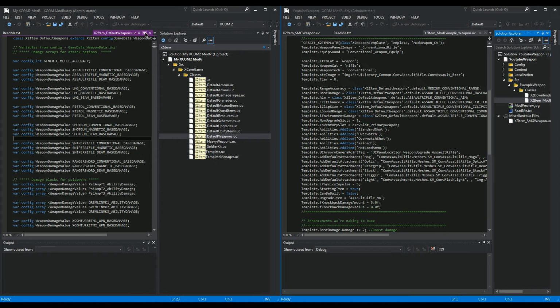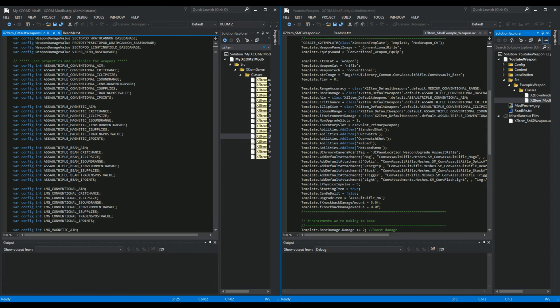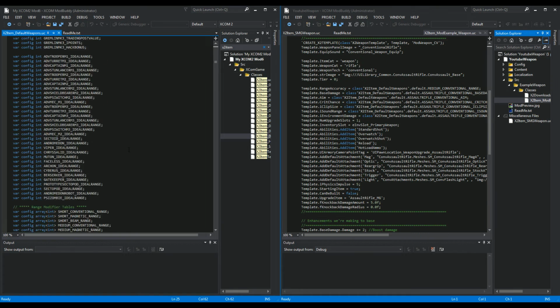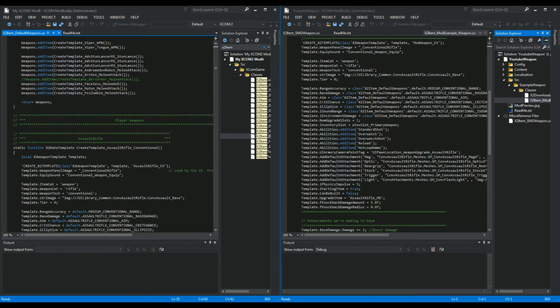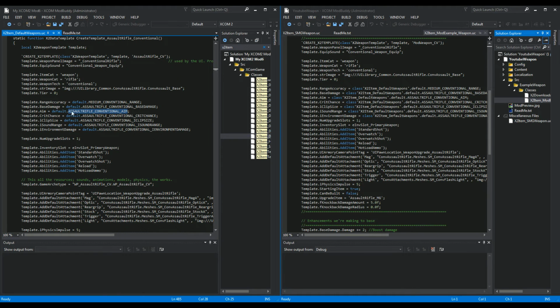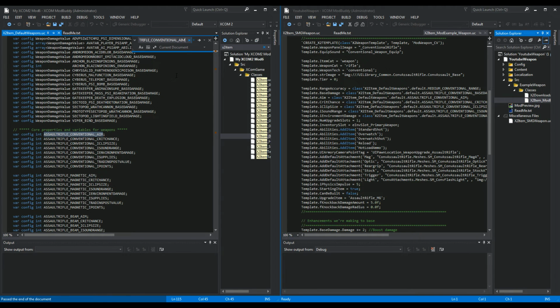So we have that open now. And then in that, you can find the assault rifle. So there's configurations for the assault rifle. And I'm going to scroll down. It's a huge class because it contains every gun in the game. And this default assault rifle conventional aim also exists in here. And then we're going to do a search on that. It's a configuration. And then you can probably find that in